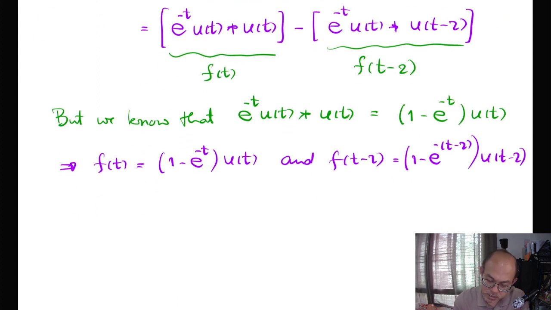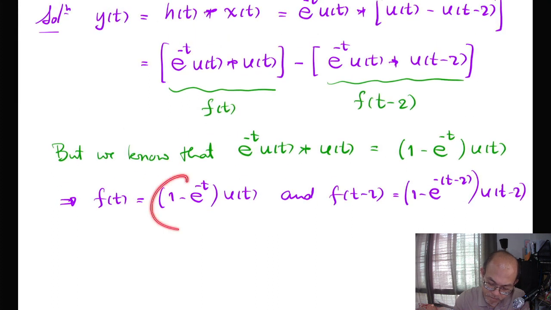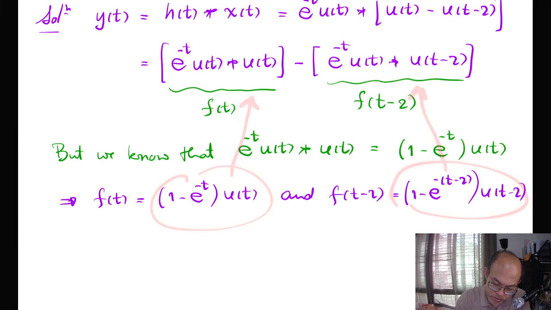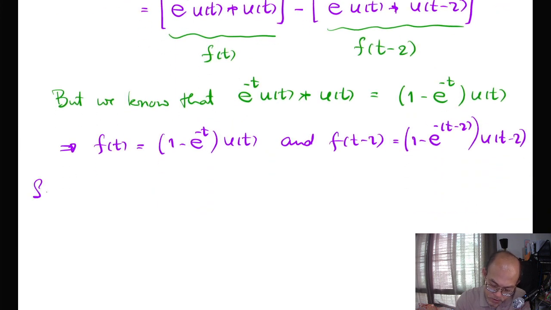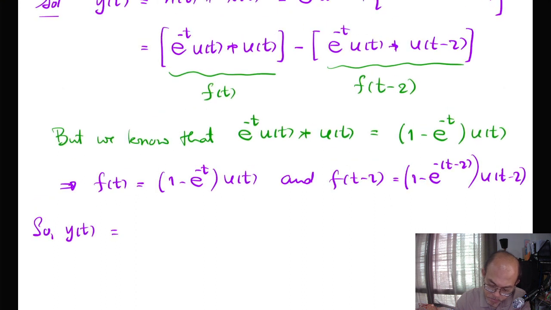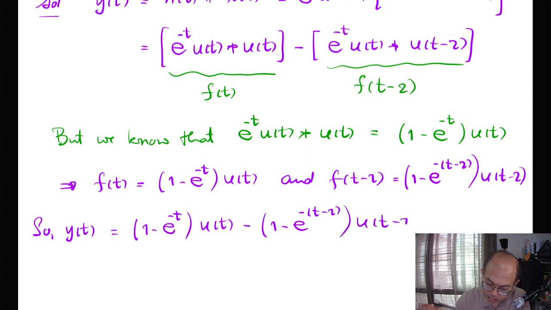Okay, and the last step is to subtract them. Plug in this to there and this to there. So the zero state response is 1 minus e to the minus t u of t, minus 1 minus e to the minus t minus 2 u of t minus 2. Now we should